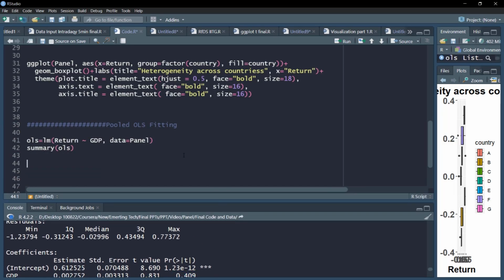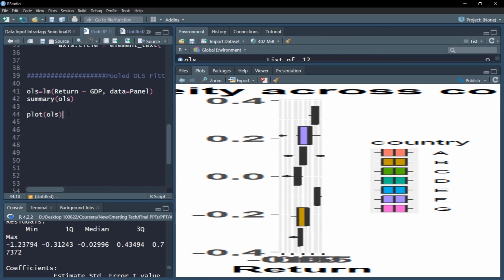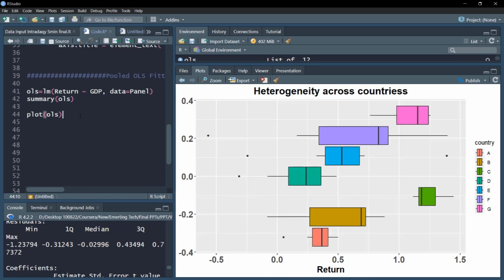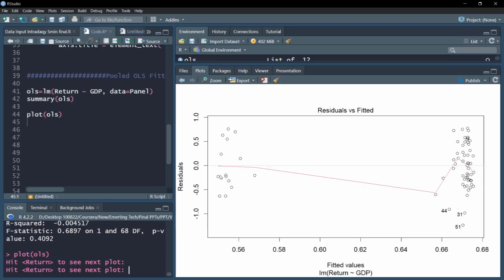First and foremost, let us see the problems with this. So I'll use this plot OLS command to see some basic diagnostics. I'll run this plot OLS, and after that we'll see a more comprehensive analysis. But first we'll plot this OLS, and it asks me to press enter. The first plot plots residuals versus fitted values, and you can see the very poor fit, and also the variance of residuals is not the same across observations. So it's an indication that there is a lot of heteroskedasticity in the data, and also the fit is very poor.